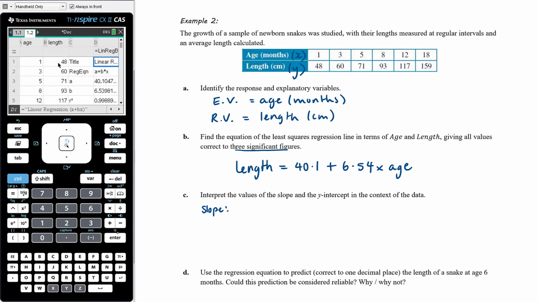Okay, so slope is 6.54. So that is for every 1 unit increase in age, we're getting a 6.54 increase in length. Okay, so for every 1 month in age, as the snake's age increases by 1 month, its length can be expected to increase by approximately 6.54 centimeters. Okay, so on average,